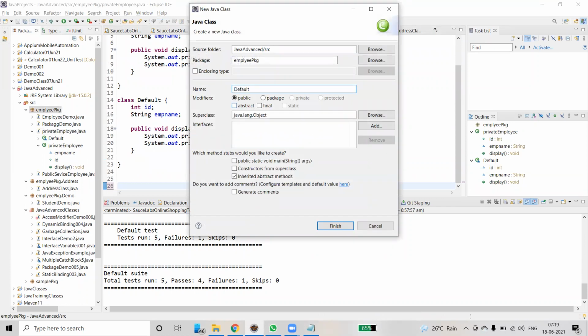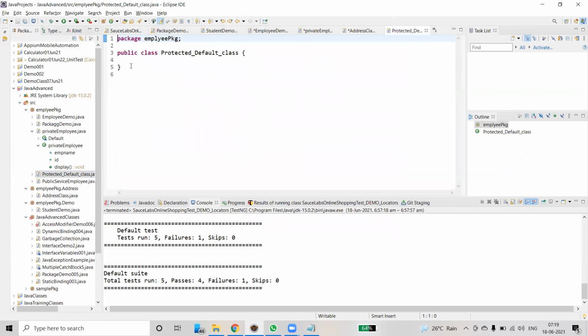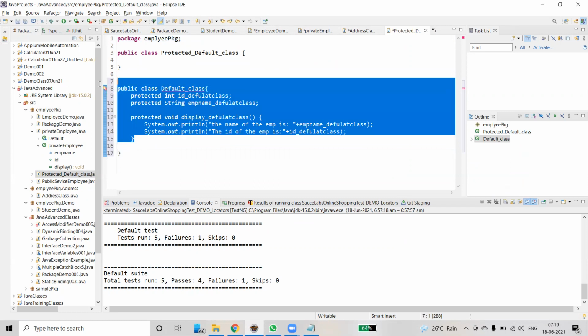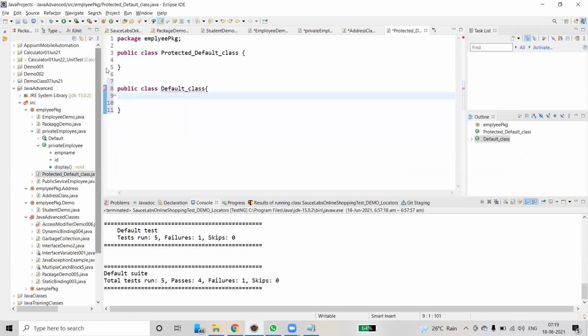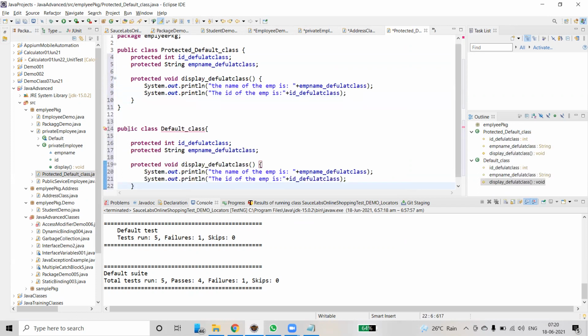Default class protected. Okay, perfect. Now this is the class name.